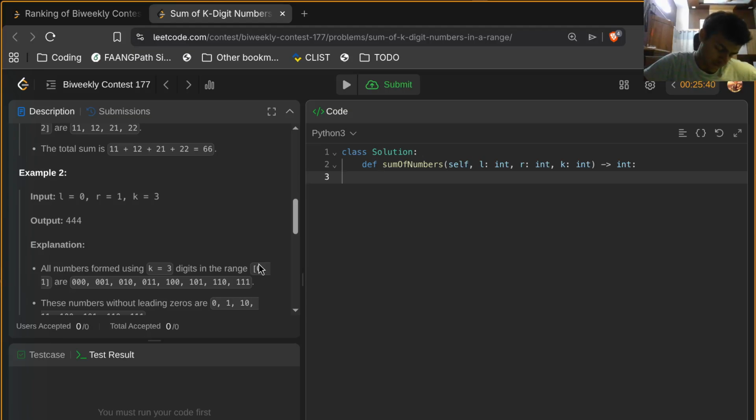Plus 80 plus... the total number of permutations is 8. Okay, total number of permutations is 8. And how many of them? 8 divided by 2 is 4. So it's 4 plus 40 plus 400, 444. Okay, so the total number of permutations is equal to